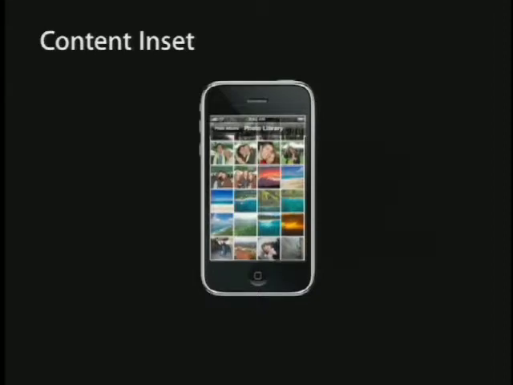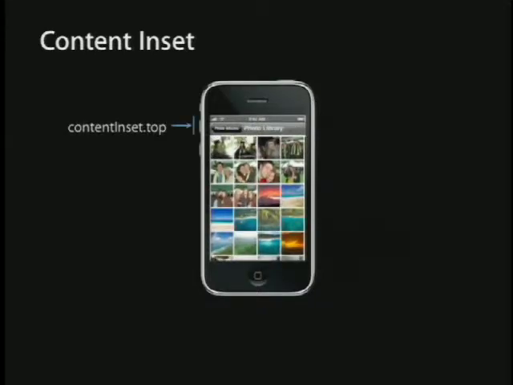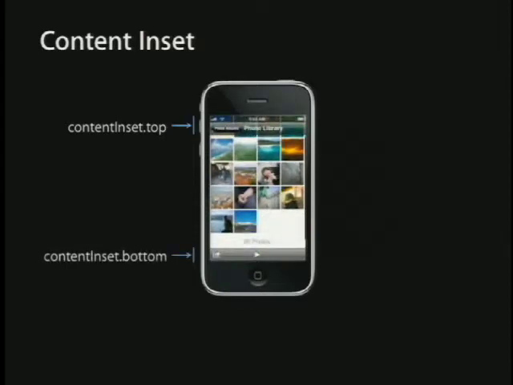So if we set a content inset on the top, that gives us the extra scrollable space we need to be able to scroll that down below the stuff that's on the top of the screen. Same thing for the toolbar down at the bottom. We can set a content inset on the bottom, which will allow that content to scroll all the way up above it, but still be able to scroll underneath it. So our scroll view is still sized to the full height and width of the screen, and just has these content insets to allow the content to have some extra space so it can get above the other interface elements. All right,